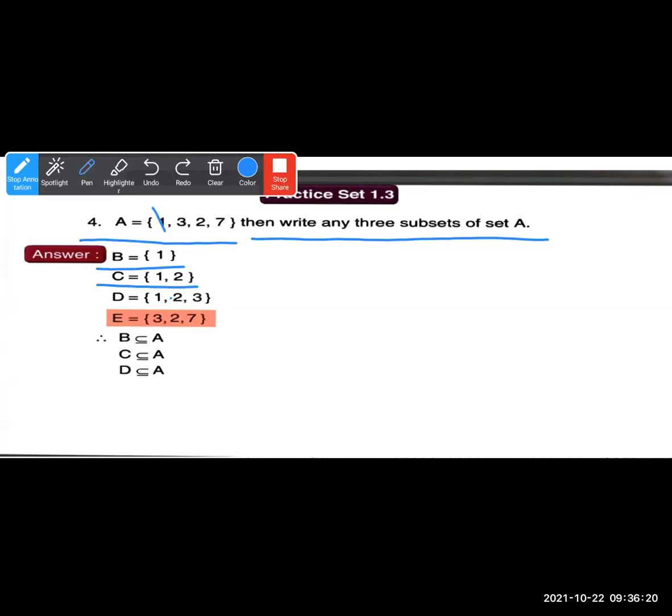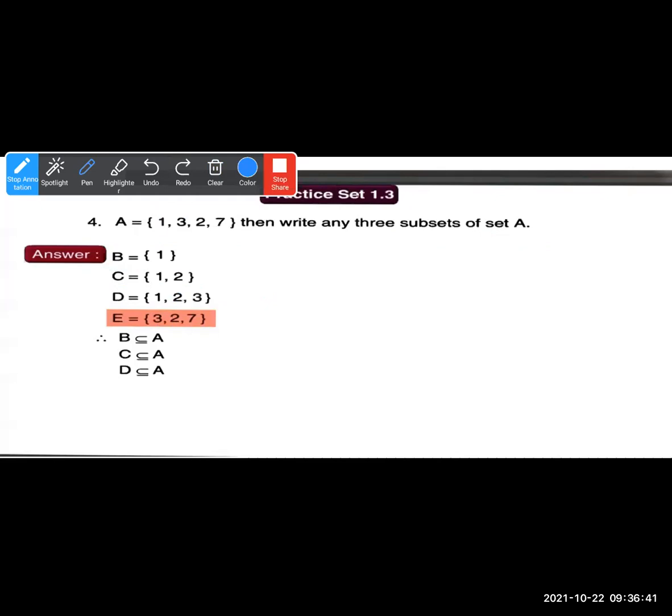You can take any elements present in set A. D is equal to 1, 2, 3. E is equal to 3, 2, 7. You can take the empty set also as F, which is also a subset of A.